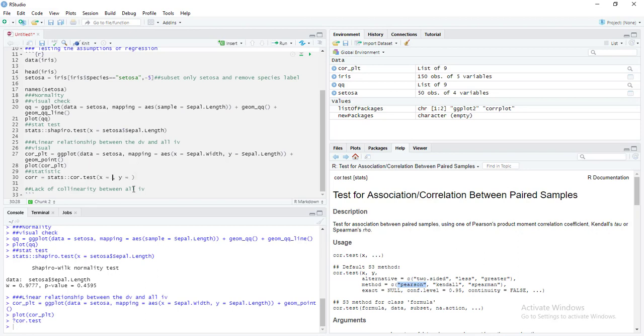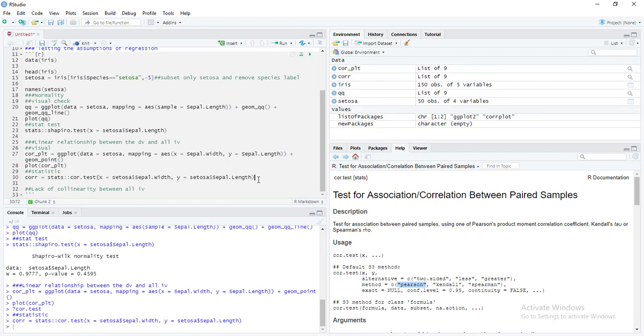And for our x variable, we're just going to copy and paste these because we want sepal width and sepal length. But we have to actually pass in setosa first so that we grab the proper data frame, because these things don't exist on their own. So again, this is going to perform that Pearson's correlation coefficient. If we run that and we don't crash,